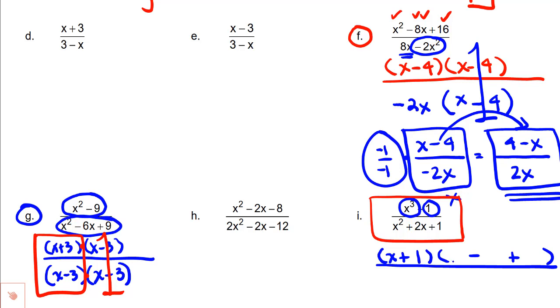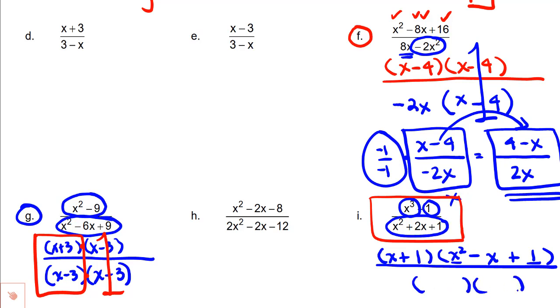How do I make the x cubed here? X squared. How do I make the 1 here? 1. And what goes in the middle? 1 times x is just x. Okay? And then the bottom,